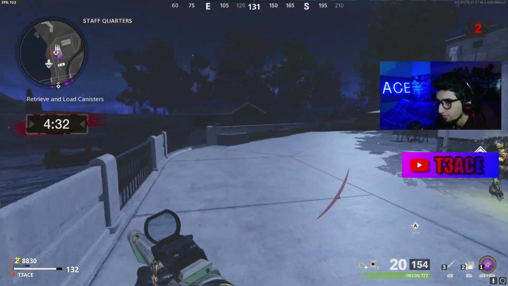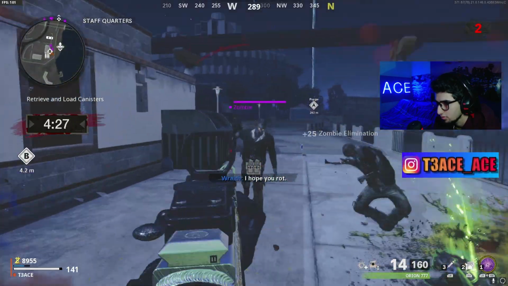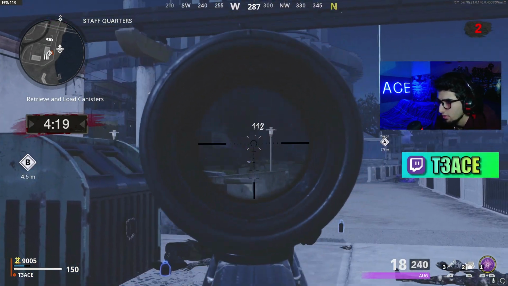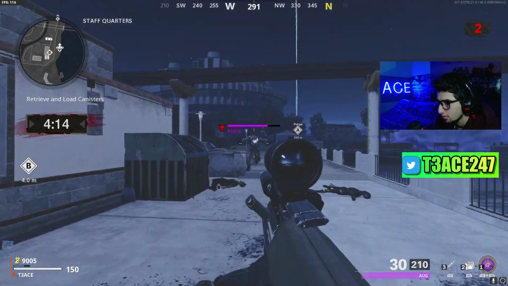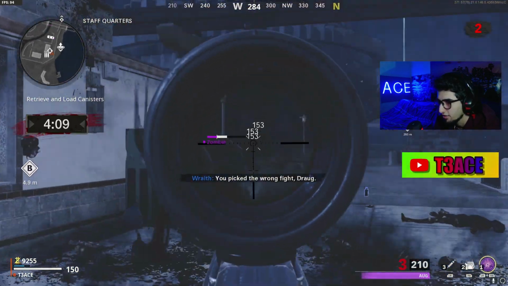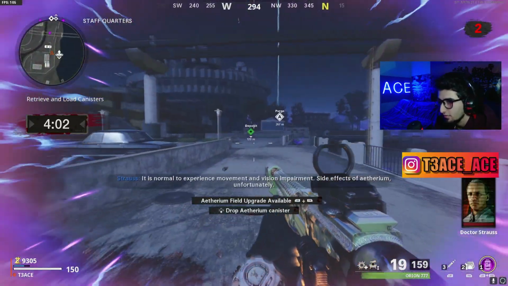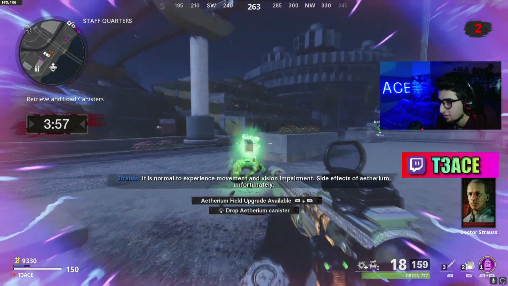You got it. I hope you rot. Effective shot. Purging the canisters. See a baby cough in the distance. You picked Takes the a wrong lot fight, longer bro. to kill a mimic with this shotgun. With this Canister AUG. detached. Operator on the move. It is normal to experience movement and vision impairment. Side effects of Ethereum,